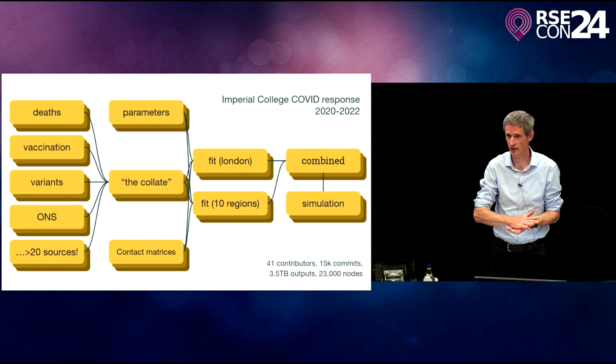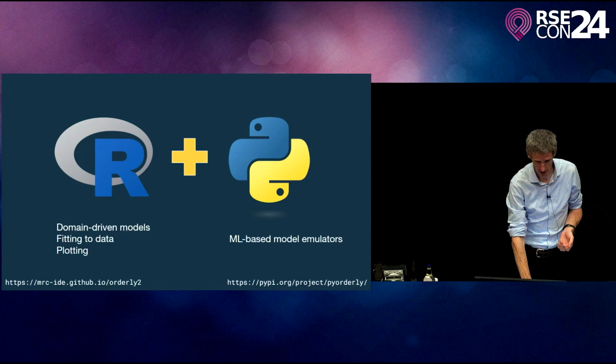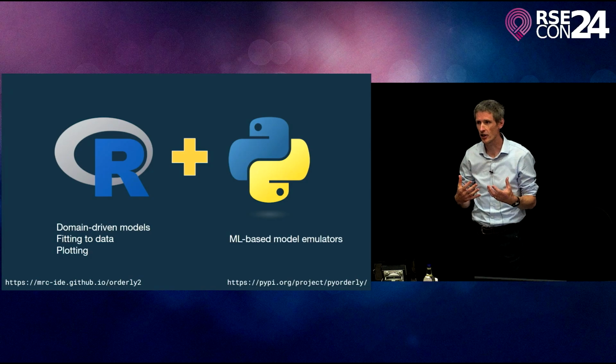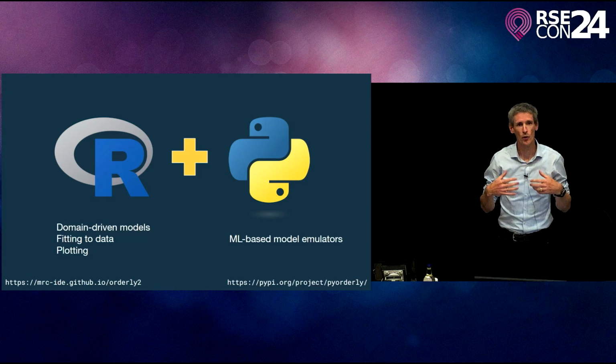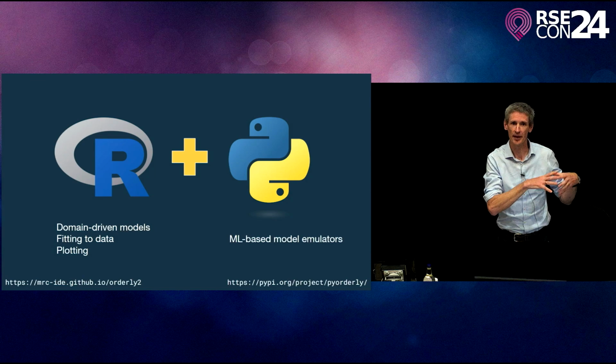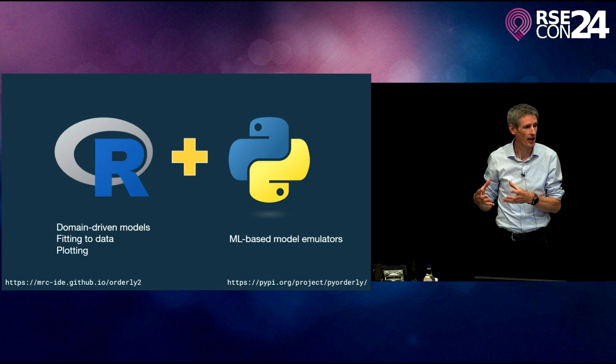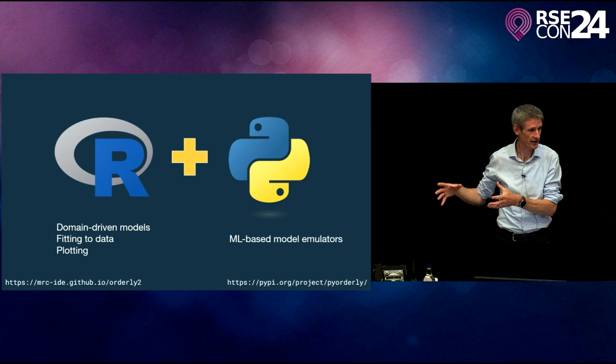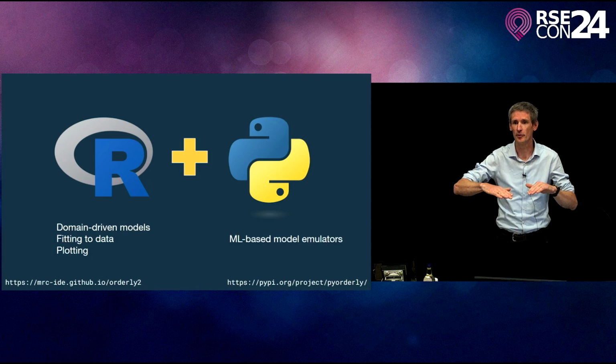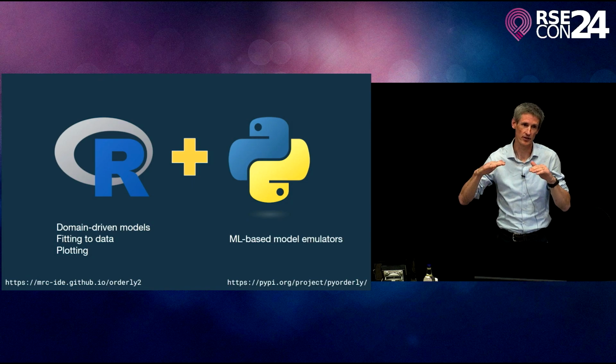Most of the people who are involved with this project now use this system for all of their work. And we're exploring this polyglot workflow where we're linking people working in R, making domain-driven models or fitting to data, with Python workflows where people are fitting machine learning models and using PyTorch and these really established stacks. And by having a common and open spec for the packet metadata to be stored in, these two systems can operate seamlessly on the same piece of data.